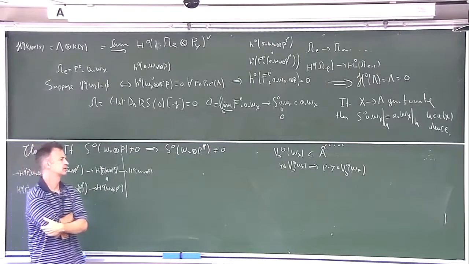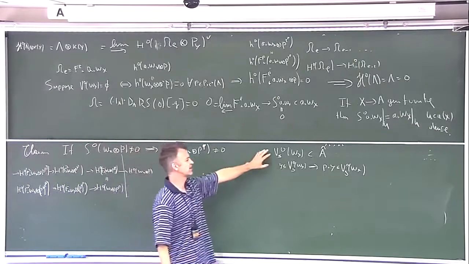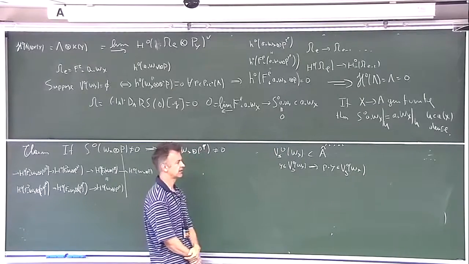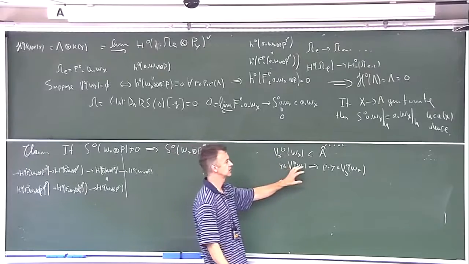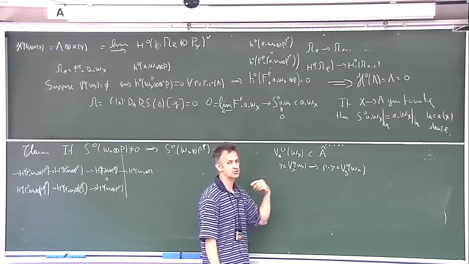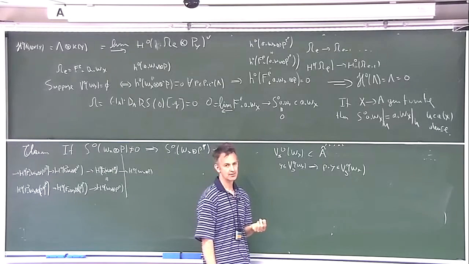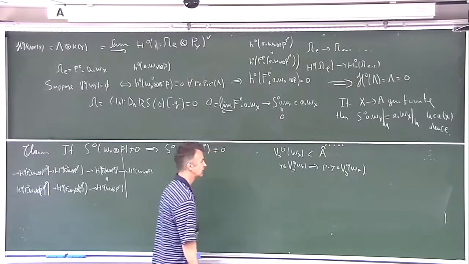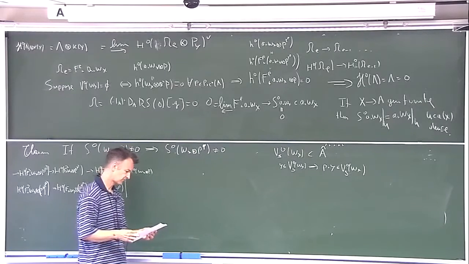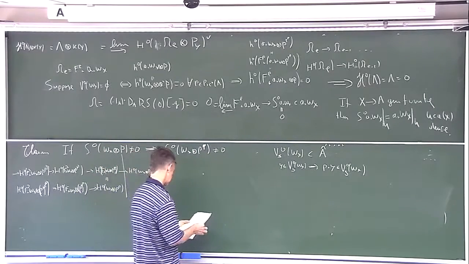There's a little issue. This may not be closed, so I need to take the closure of this. Let's not worry about that so much. So pretend that this is closed. Then you have subvarieties of A hat which are fixed under multiplication by P. So you could guess that these subvarieties tend to be linear. And in fact, it's a theorem of Pink and Rössler that they are. So the theorem says